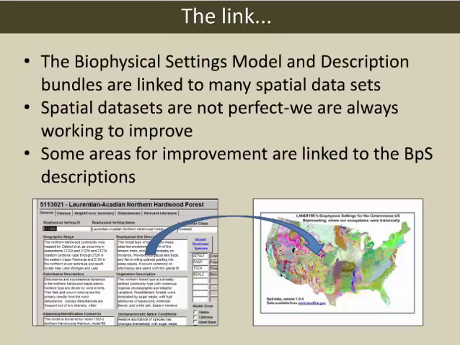Whether they directly inform the mapping of those data sets or provide guidance, they're really important. And we know that these spatial data sets, while I think they're pretty amazing, they're not perfect. We're always looking to improve. So one way to improve those is to improve the biophysical settings, descriptions, and models, which I'm going to go into a fair bit soon.